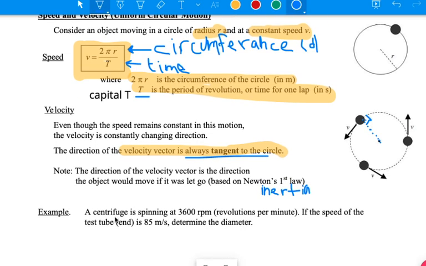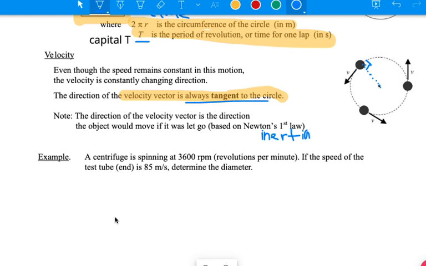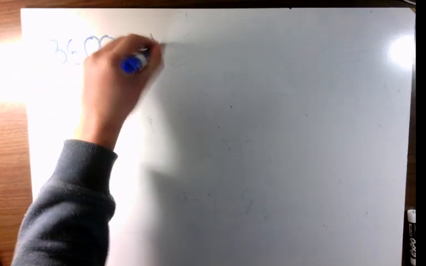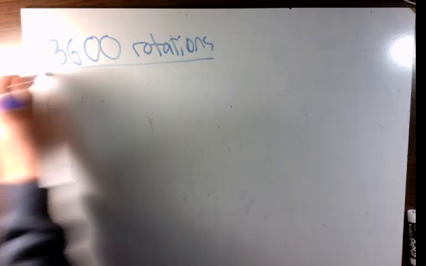Okay, let's try out our first example. We have a centrifuge spinning at 3,600 rotations or revolutions, however you want to think about it, per minute. We know the speed, we want to find the diameter. So we need to kind of increase our physics vocabulary, so to speak, getting into this idea of rotations per minute and period. So if we know we have 3,600 rotations per minute,